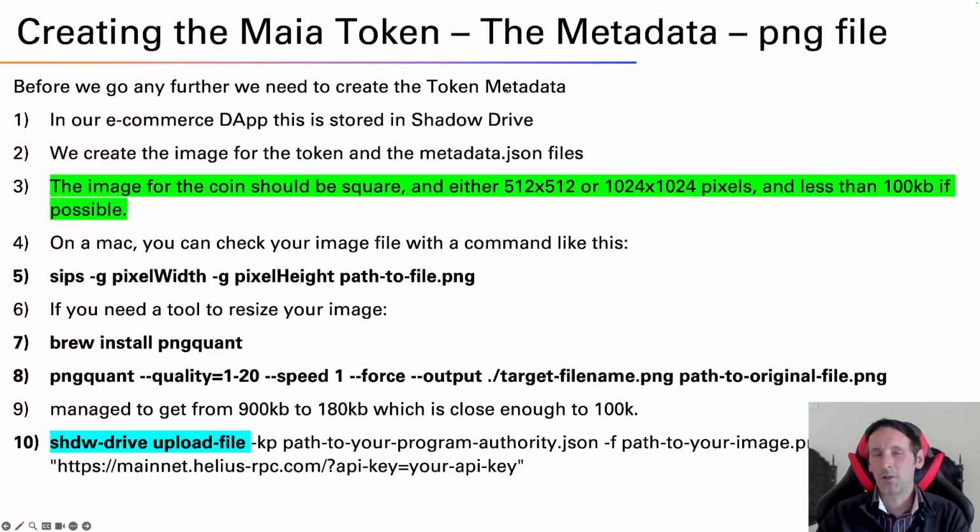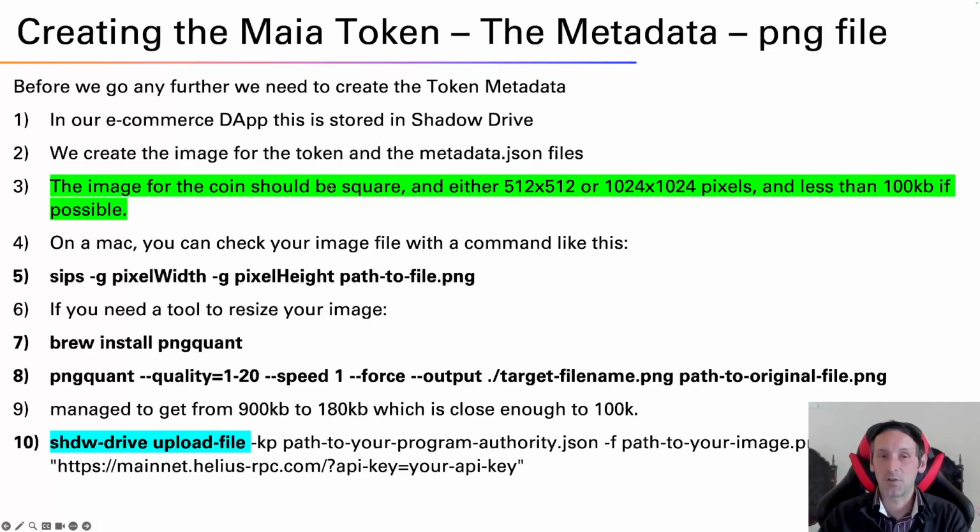Right, so as part of creating the Maya token, the metadata that you need to add to your token, let's start by adding the image file. I'll just read through very quickly each of these steps, it's easier. So in our e-commerce tab,